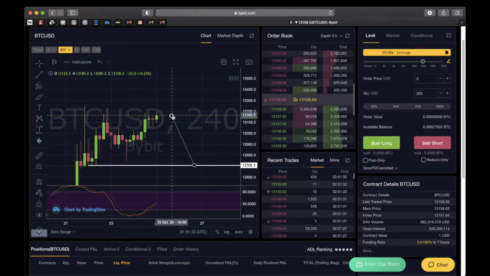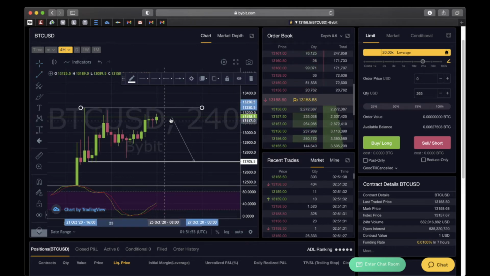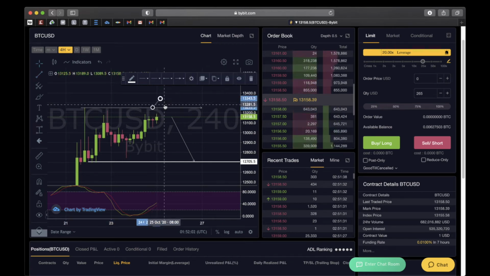So I feel Bitcoin is going to drop from this 13,000 to 12,700. So at what point will I say I'm wrong, that Bitcoin is not going to drop again, it will continue going up? All I'm going to do is pick out this resistance. So there's a resistance here, right? So I feel if price starts to break above this resistance, then this resistance will turn to support,